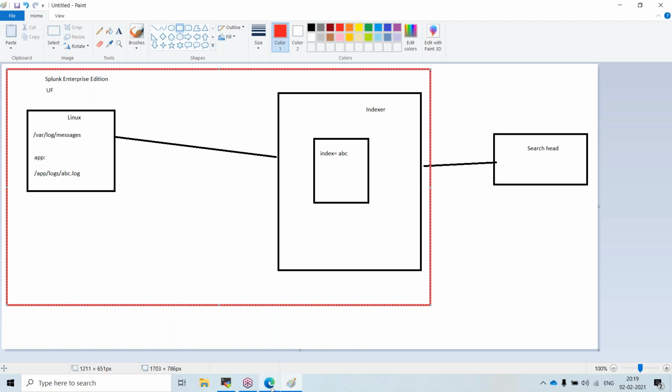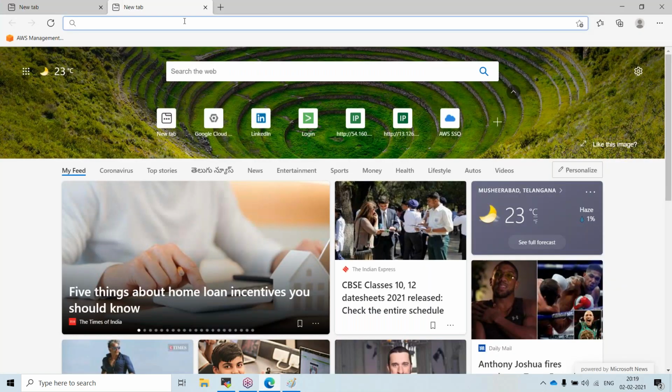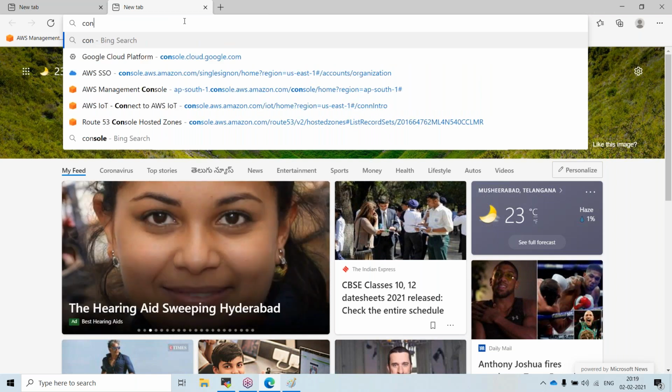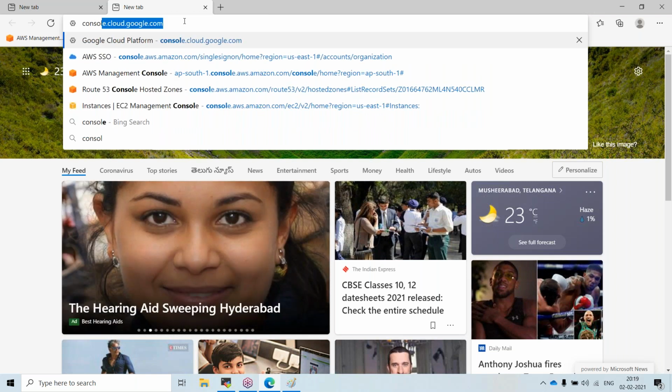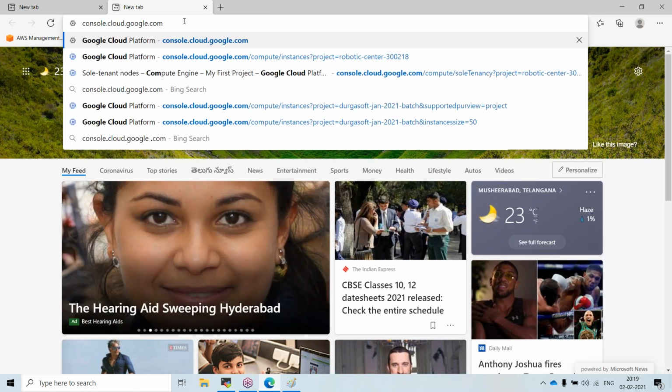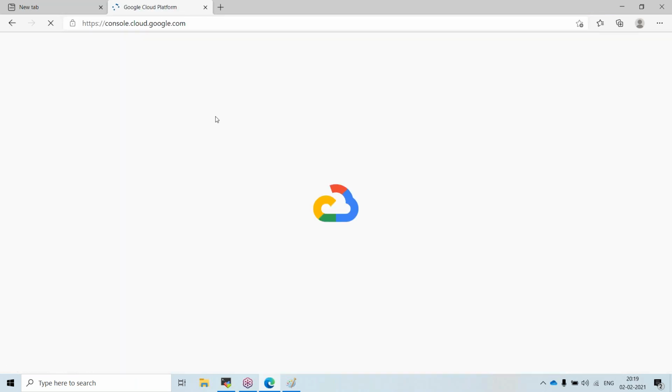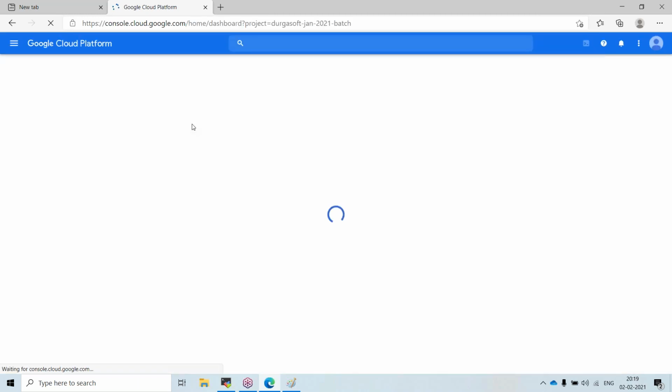As I mentioned earlier, we will be having the lab on our Google Cloud. If I want to open Google Cloud, what I have to type in my browser is console.cloud.google.com, and my Google Cloud will be opened.